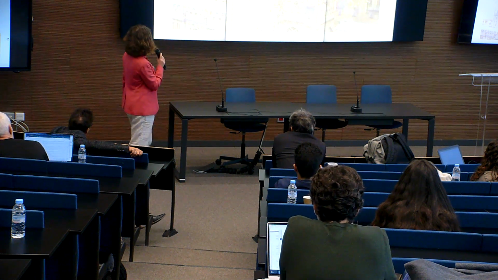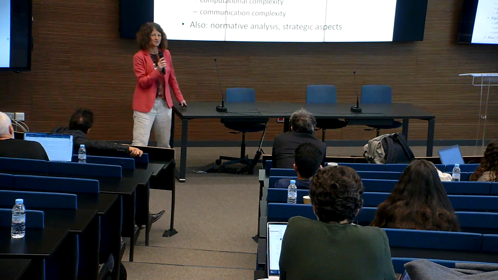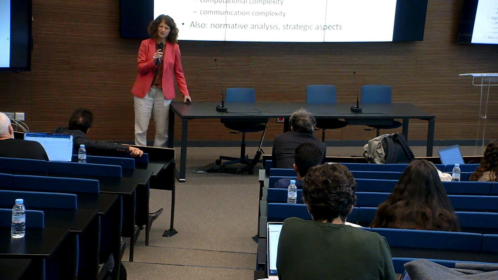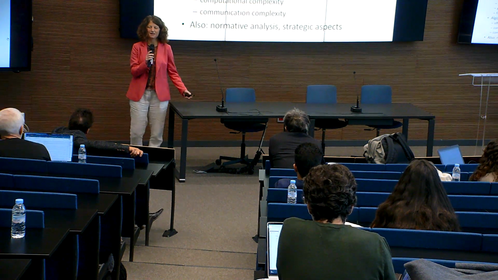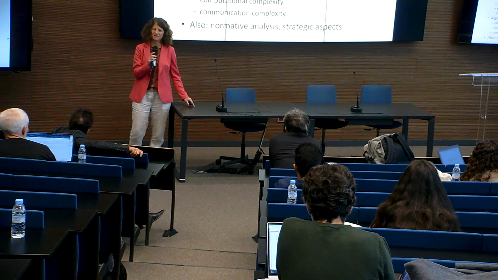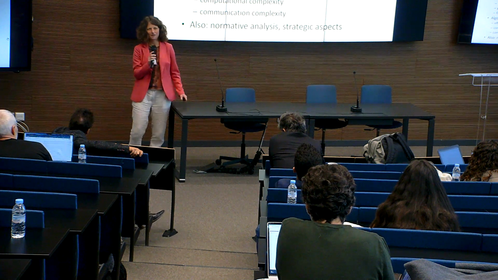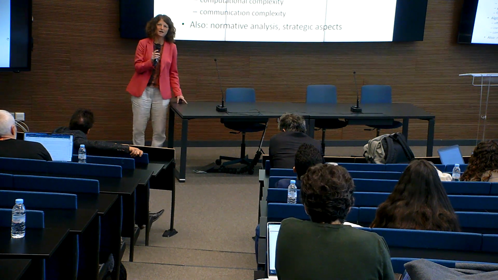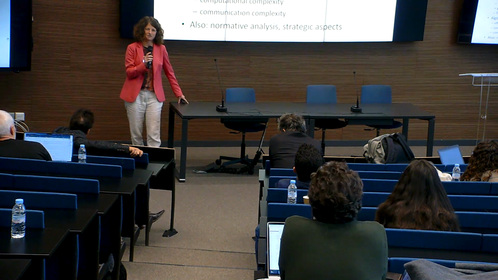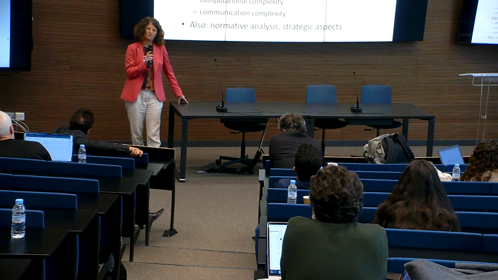Okay, so what do I mean by computational social choice? I think of it as a subfield of algorithmic game theory, so whatever Jason said remains relevant. More specifically, what do we study? If I had to answer in one sentence, it would be algorithmic aspects of collective decision making. So let me unpack that a little bit.